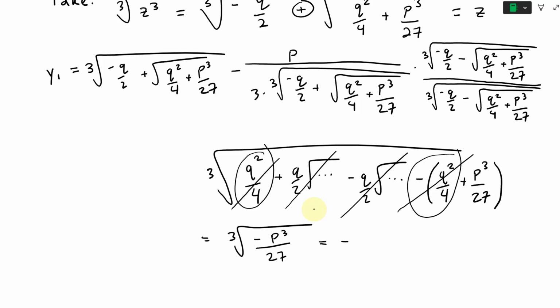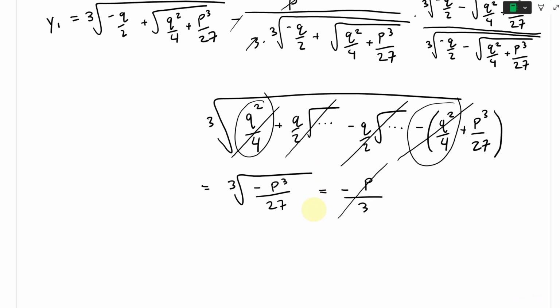Cube root of P^3 is just P, so P times P times P is P to the power of 3. And then this one's 27, the cube root is just 3, so 3 to the power of 3 is 27, so we get 3. Now this one right here cancels with this negative P^3. So if we cancel all of those, we get now